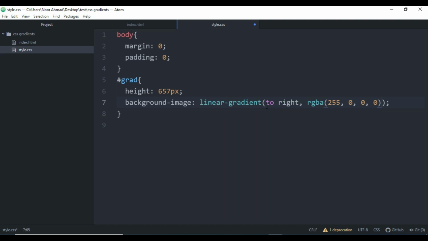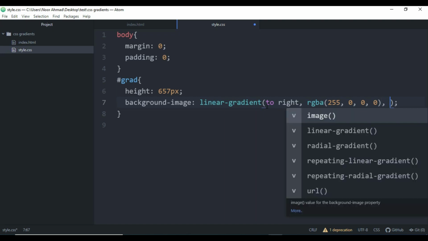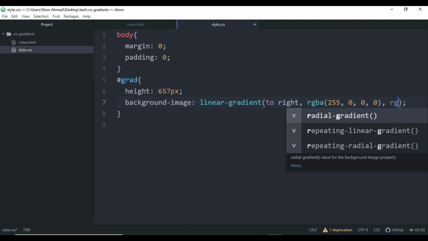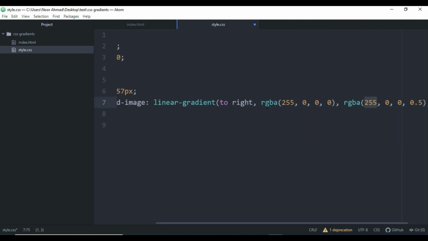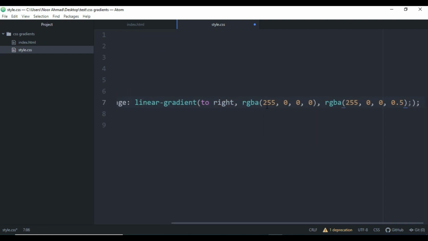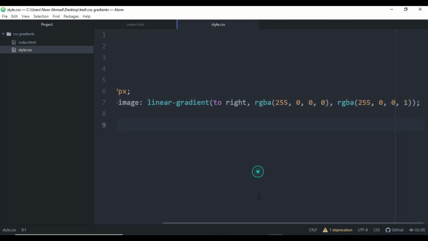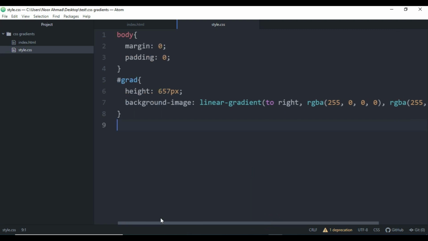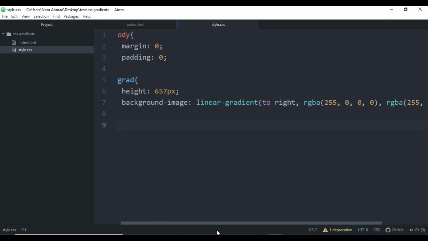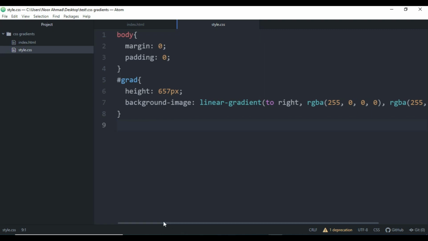And after that we can specify another color, and this one will be, the last one will be 1. And when we refresh the page, as you can see, so at the beginning, which is the right side, there is no color. So this is the uses of RGBA, which is alpha, RGBA color, red, green, and blue color. You can also use this, and also you can